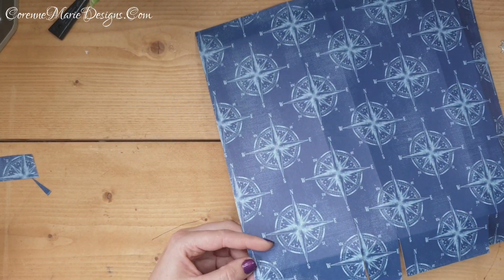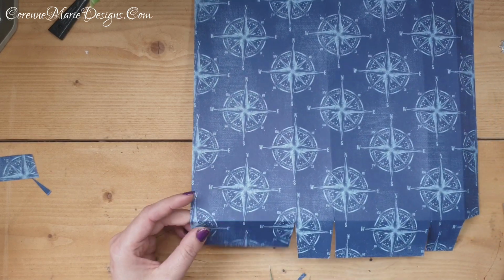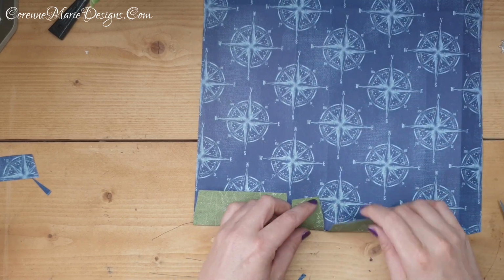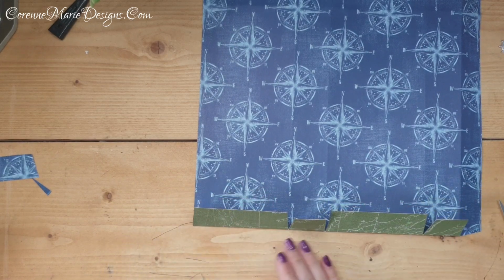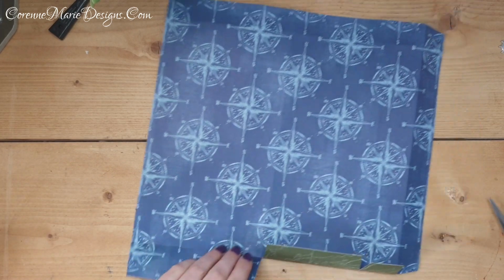Did I miss this edge? Yes, I have missed this edge. There we go, and just up there. So that's literally just up to, if I do it like that you can see better. We fold them over so you can see it compared to the other colour. Can you see how they've just got the little triangle wedges taken out? This just makes it easier when you're sticking it all together. It looks much tidier and neater. Okay,